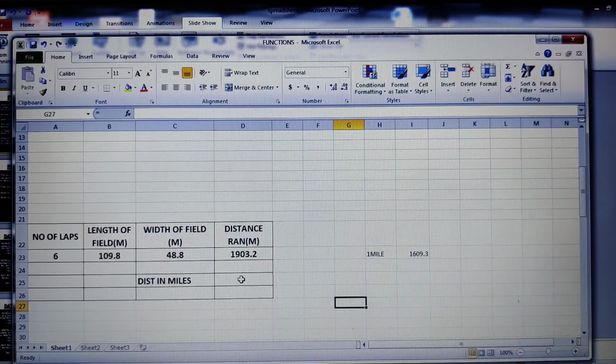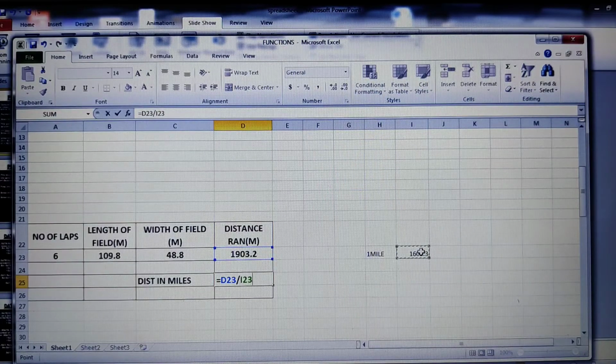If I write this, I'll be getting the total distance run in terms of miles. So I'll just place an equals to here and then click on this D23 divided by I23, and just click on enter. See, 1.182 total miles it is taken.